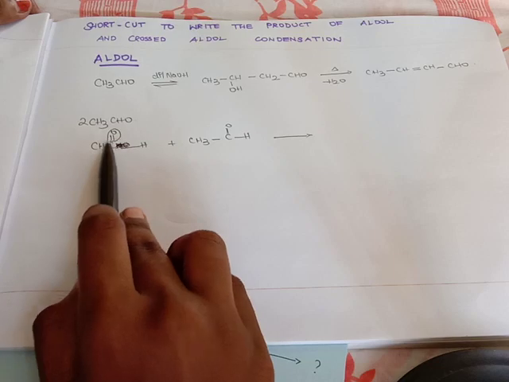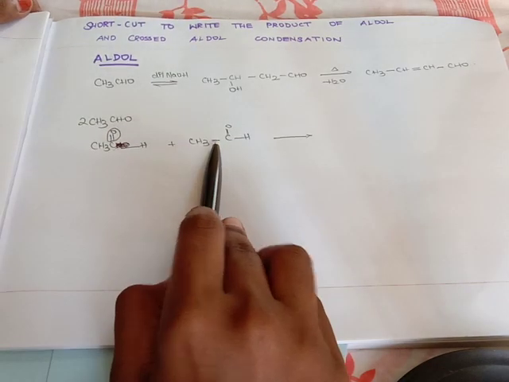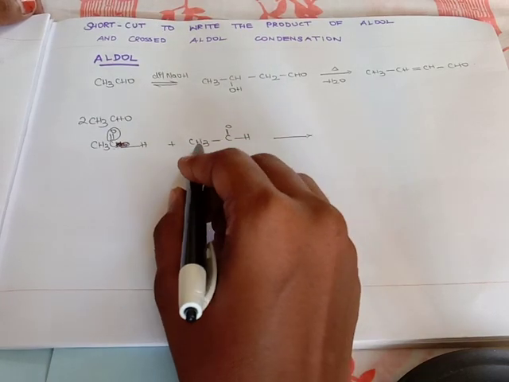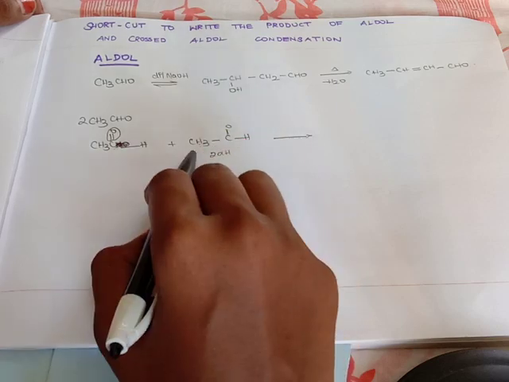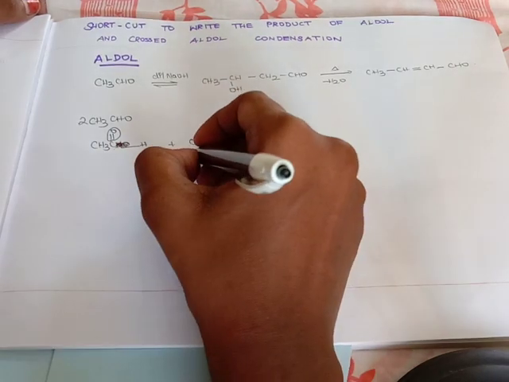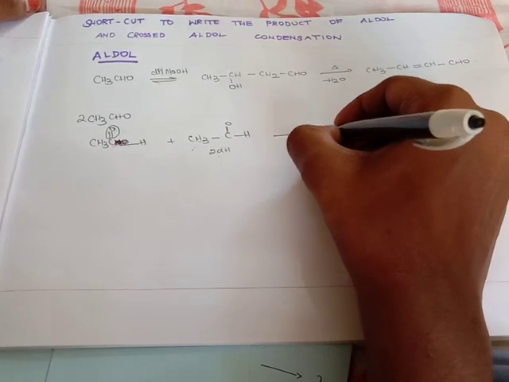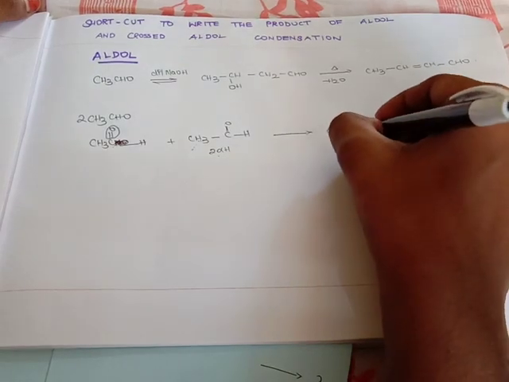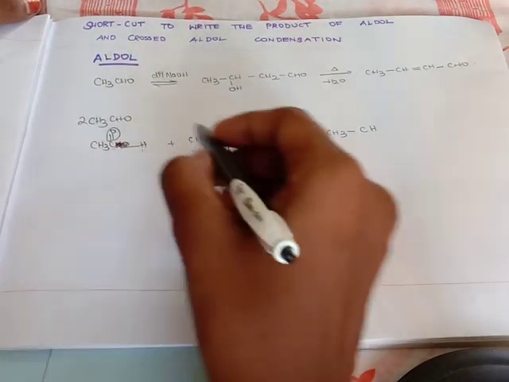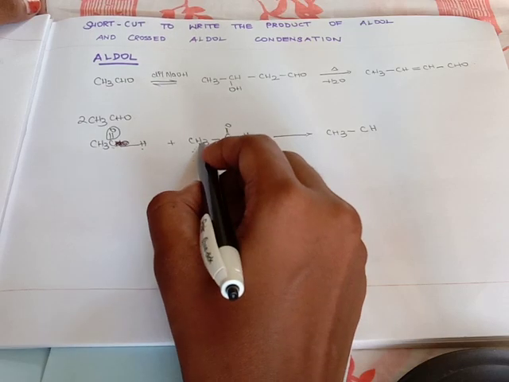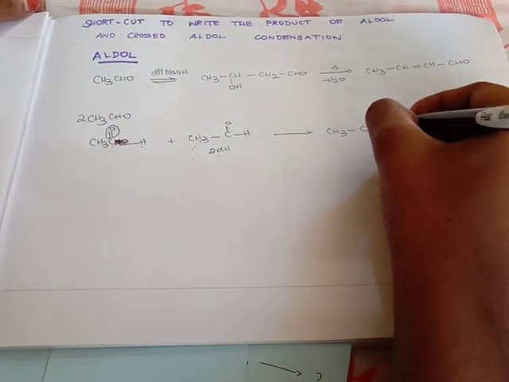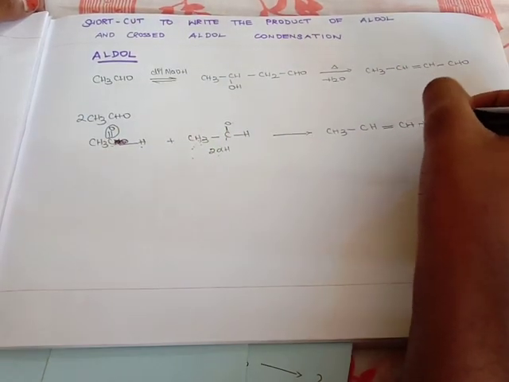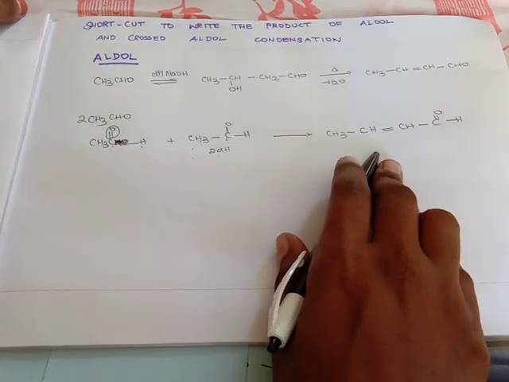Remove the oxygen, the double bond O, from the first one. And here you have to remove two alpha hydrogens from the alpha carbon. The carbon next to the functional group is called the alpha carbon. Remove two alpha hydrogens and then write the product. What you will get? CH3. See, we have already removed O, so no need to write it. Only hydrogen is here. Here we have removed two hydrogens, so you will have one hydrogen there. So put a double bond to it. Then C=OH, the CHO. This is your product. That's it.